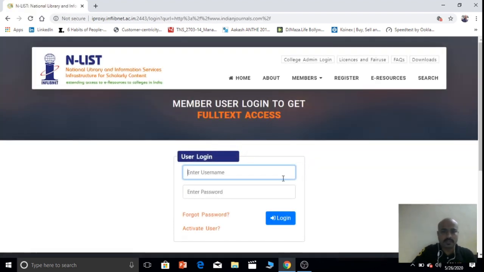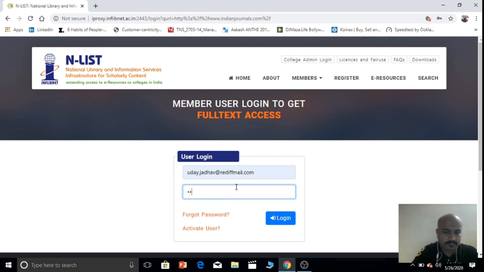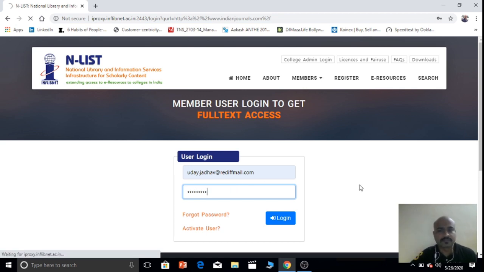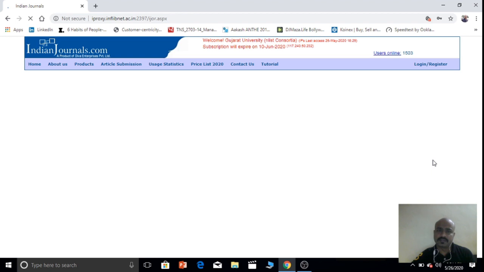further available resources. As I said earlier, you should have your username and password from your college authorities to log in to further explore journals. I am using my email ID here. Login. You will get information about Indian journals.